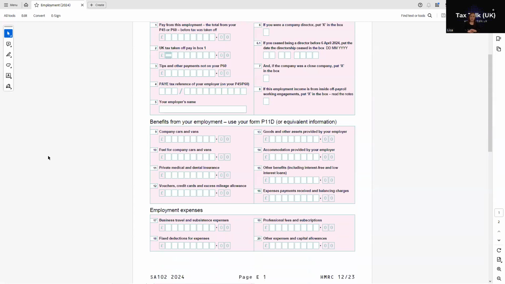So historically, if you've received benefits from your employment, you'll be given a P11D at the end of the tax year, and that information will be transferred to your tax return, the same as the P60 information is transferred. So which box to put the figures in will be the same as on your P11D. Something to note on this that has prompted some questions recently. In more recent years, employers have had the ability to payroll expenses, and going forward at some point in the future, it will be mandatory for all